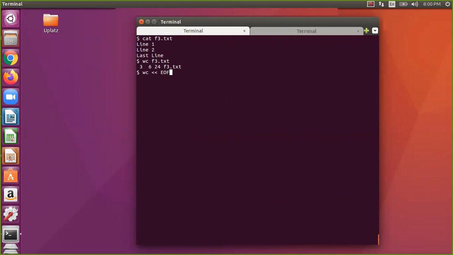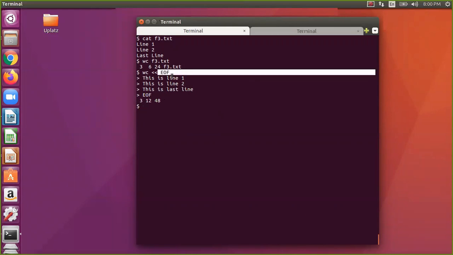I can use this symbol. I am just using EOF, or you can put whatever name you want. So this is line 1. I am passing multi-line input. The double greater than is a here document, it will take a multi-line string, anything, but it has to end with EOF, the same symbol you started with.